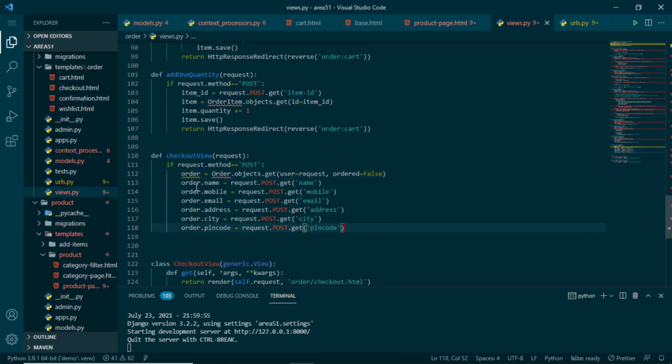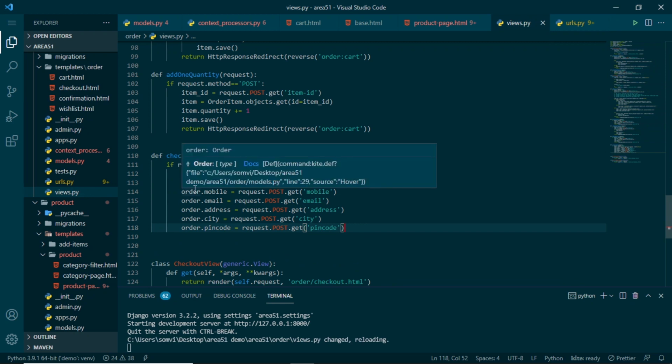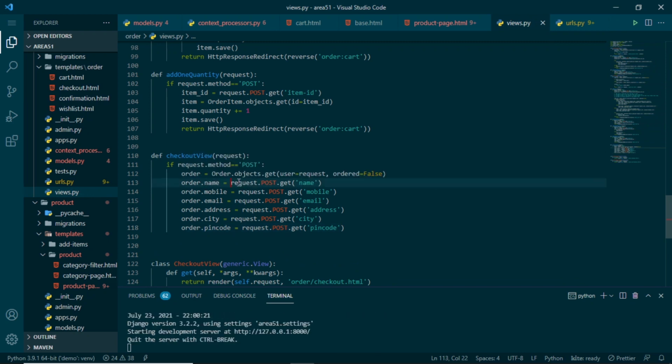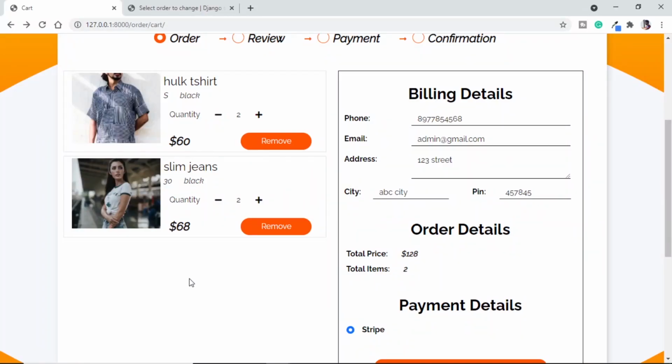Now I can directly use these lines where I am using order.name, and I am directly getting the name from the form and saving it into order.name. Doing same with mobile, email address, city and pin code. Now one interesting thing is, in our cart, these two items are also there. This is the price and this is the quantity. So I can also include them into our form.